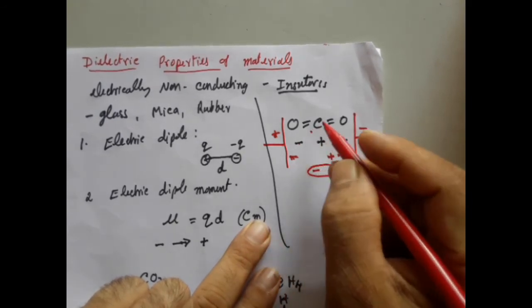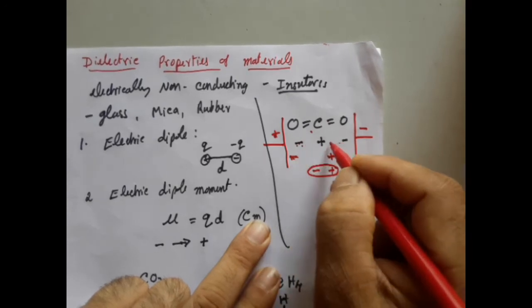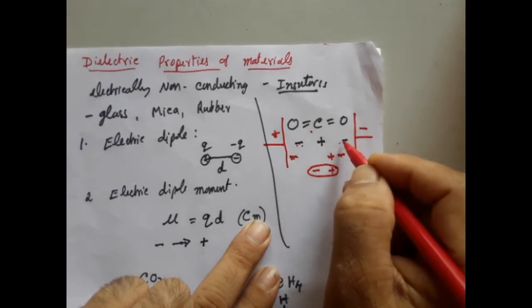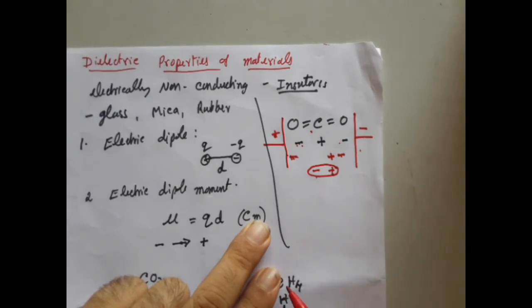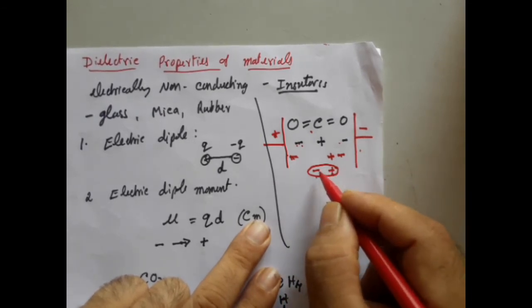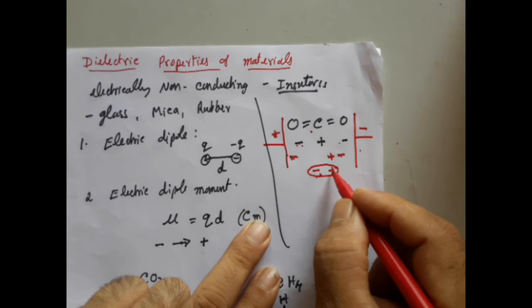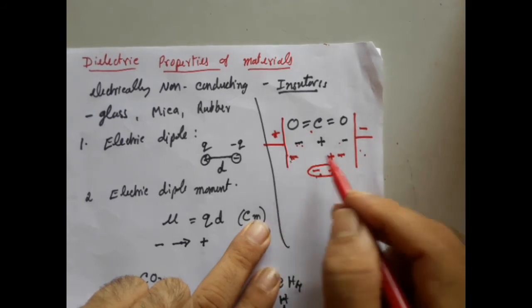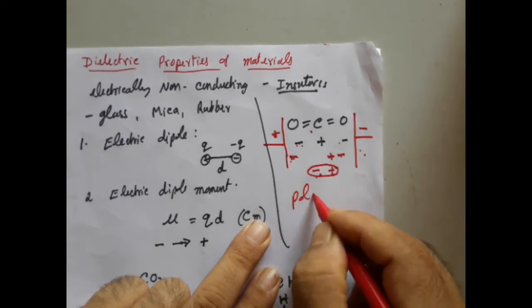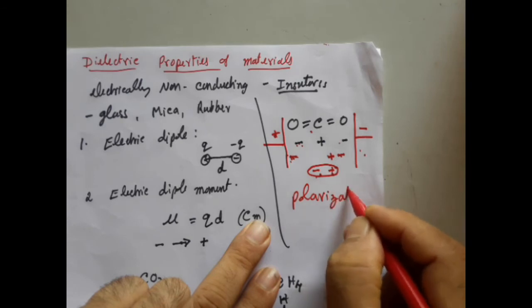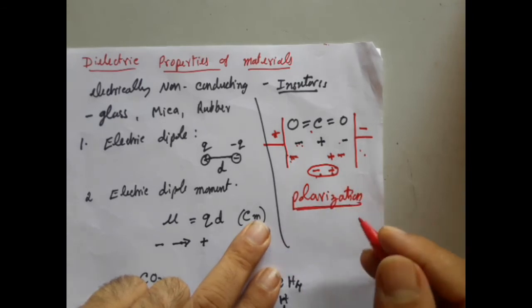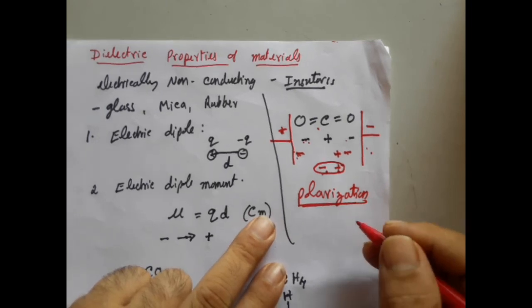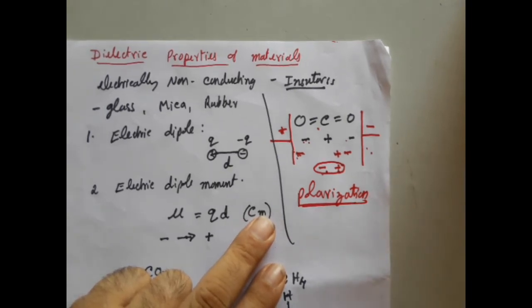In carbon dioxide the negative and positive charges had no separation, but they are going to separate in the presence of an electric field. And the process of separation of a positive and a negative charge in the presence of an external electric field is named as polarization. Therefore, polarization is a mechanism in exhibiting the dipole moment in the presence of an electric field.